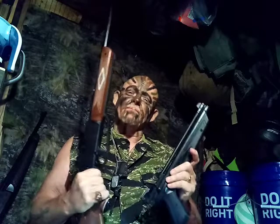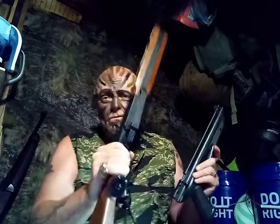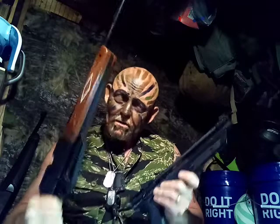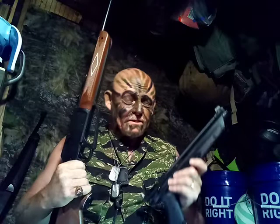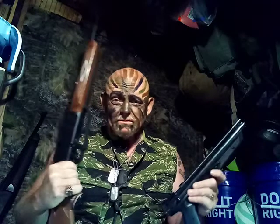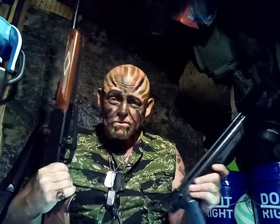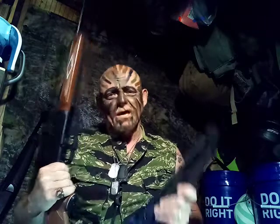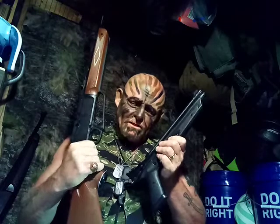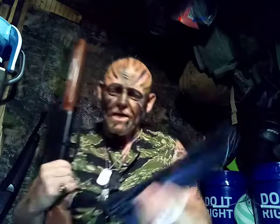So I strongly recommend you can get 1,000. If you can't get ammo right now, it's hard to find. So this is a good way to keep your shooting skills on point. And it's very inexpensive. 500 rounds of pellets, maybe $10. 500 rounds of anything else, man, there's an ammo shortage. I'm not even going to go there on this one. But if you shoot somebody,